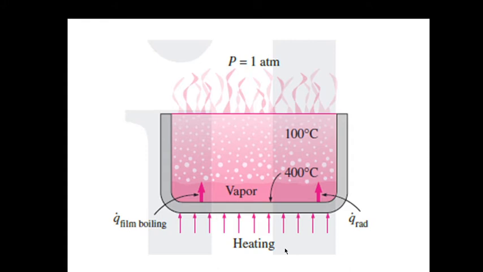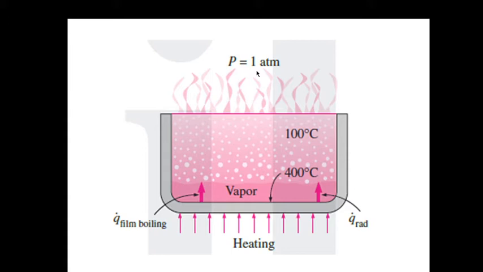First of all, consider that this is a bowl which contains fluid, and we will be heating this bowl from the bottom side. When we give heat to this bowl, the bowl is heated and the fluid is also heated, and the temperature increases. First of all, we consider that the bowl is kept at 1 atmosphere pressure.